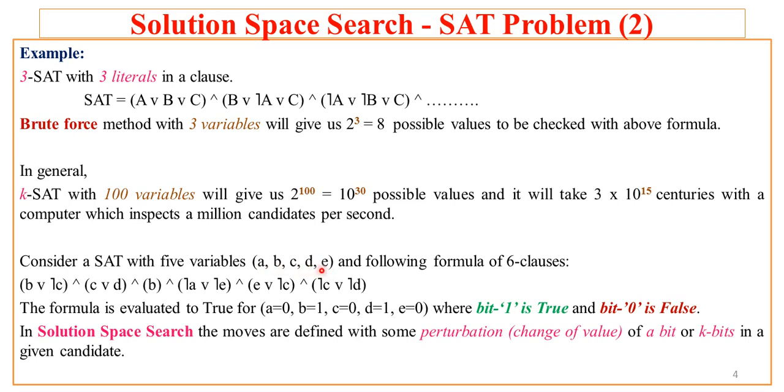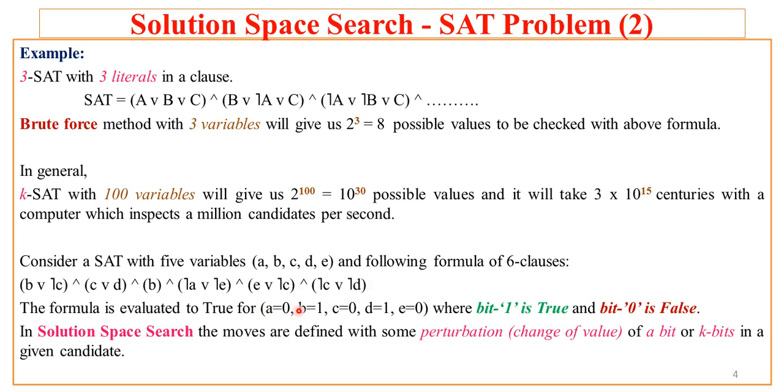So with this initial state, that is bit pattern 0, 0, 0, 0, 0, this formula is evaluated to false. Now similarly I may do a variation, like I may keep A as 0, B as 1, C as 0, D as 1 and E as 0. So with this combination, if I now try to evaluate this formula, perhaps it may come to be true. For example, that formula may get evaluated to true.